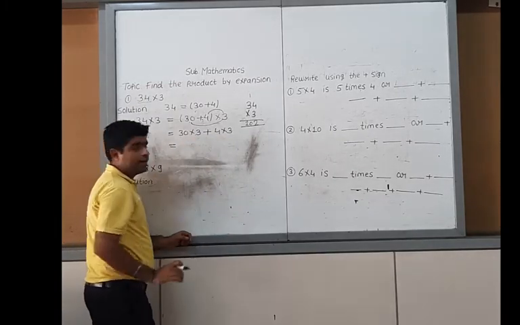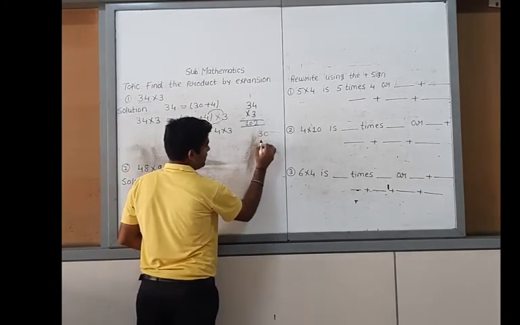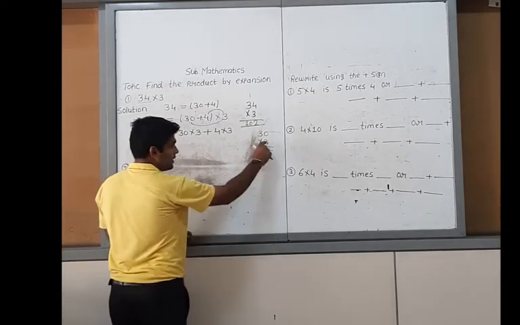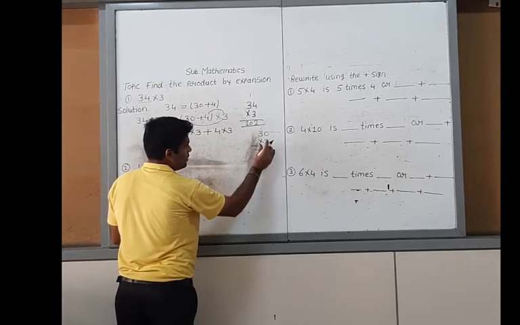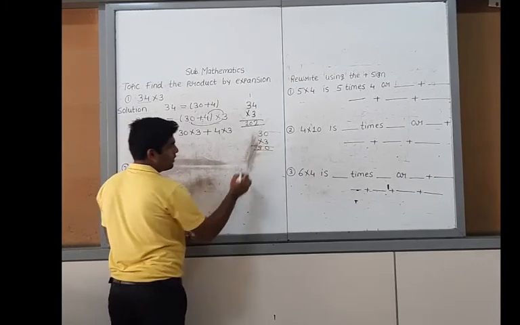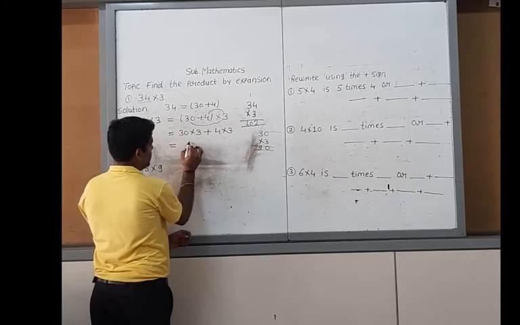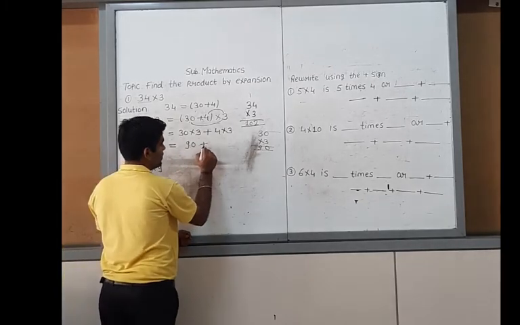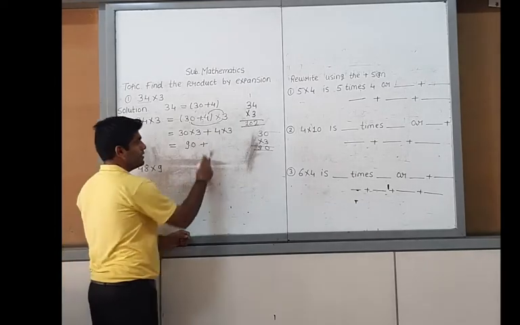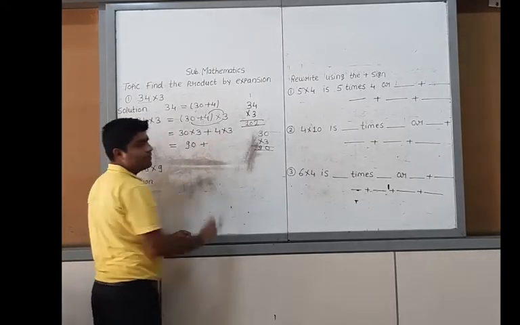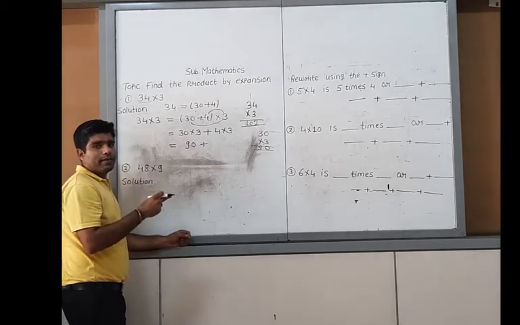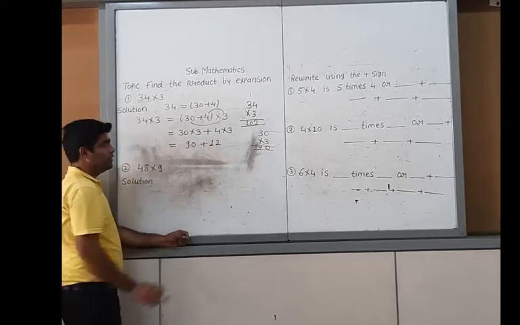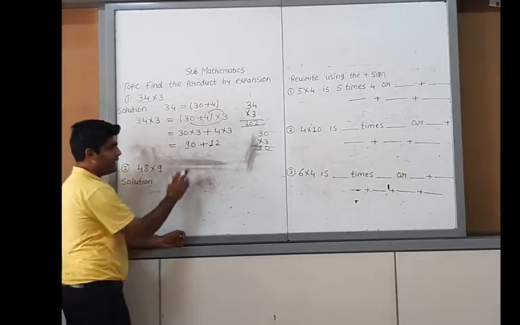30 multiplied by 3. Now we have to solve it. So simple multiplication. 3 multiplied by 0 is 0. 3 threes are 9. This is our 90. We have to write down 90. This is our addition sign, added with 4 multiplied by 3. This is our answer, what? 12. Okay, just add with simple addition.